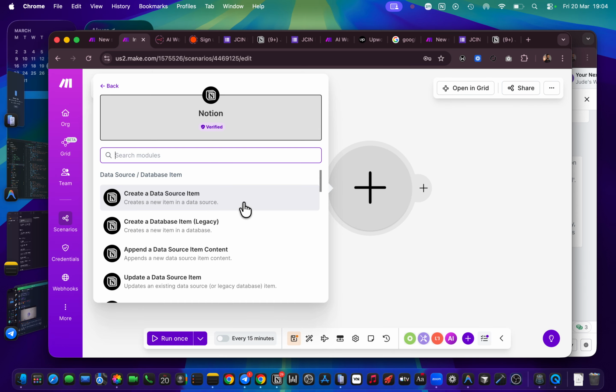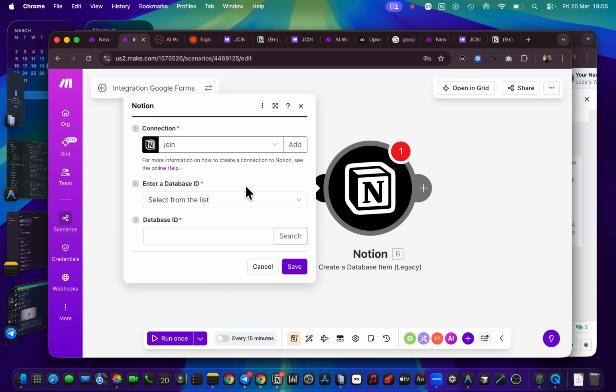Your data source can also probably be your database too. It was only one before. I don't know why Notion updated one and called it legacy, but I remember an API documentation that told us to use legacy. Let's try to see if it is different. From database, it's probably the same thing.